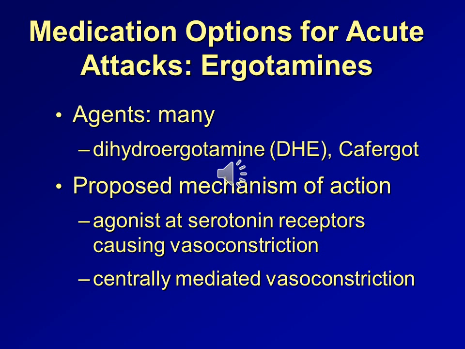Medications belonging to a class of medications called the ergotamines are very effective in the treatment of migraines. There are many formulations of these medications available, including oral, sublingual, intranasal, rectal, and injection for IM or IV use. The ergotamines treat migraine headaches through a number of possible mechanisms. They are structurally related to amines such as norepinephrine, epinephrine, dopamine, and serotonin.